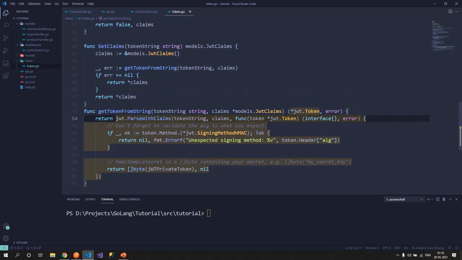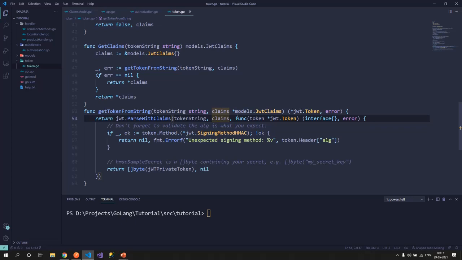It is calling a function named parse with claims, and this would expect the token string and a claims model. This is a blank claims model that we would pass in, so it would be a pointer to the claims model, and this method would eventually decrypt the claims for us and set them in this model.